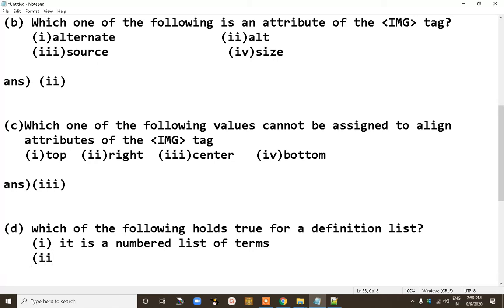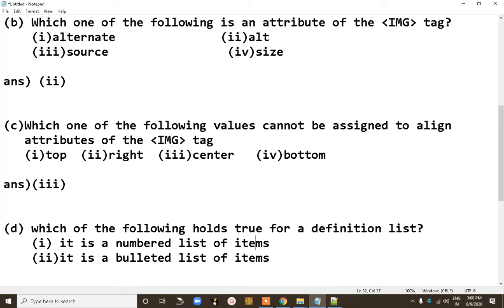The second option is: it is a bulleted list of items. That is also items only.